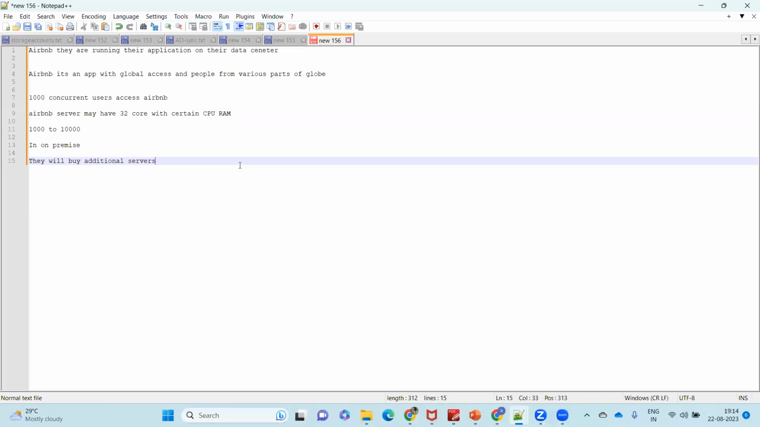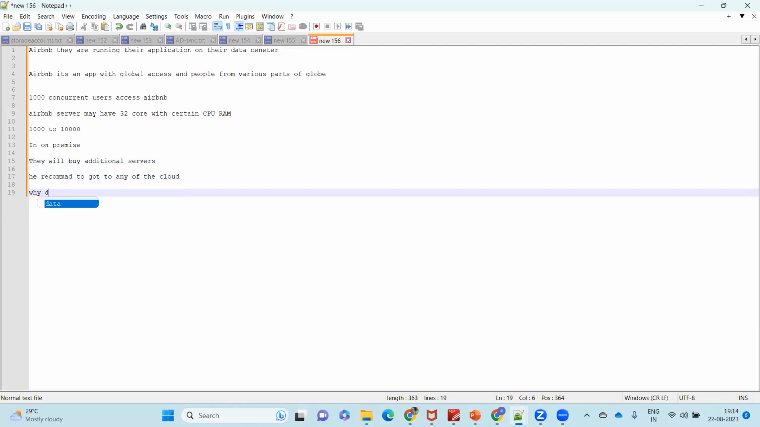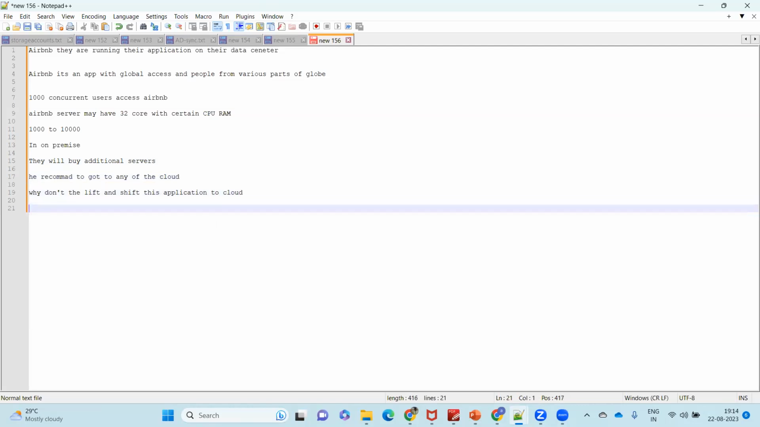So maybe the consultant will give this idea, and he recommends going to the cloud, or leveraging the cloud. Why don't they lift and shift this application to the cloud, where they can create the resources related to the application, and they can add an auto scaling